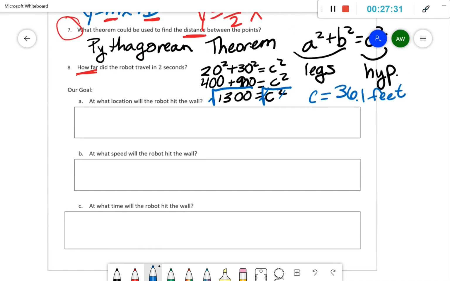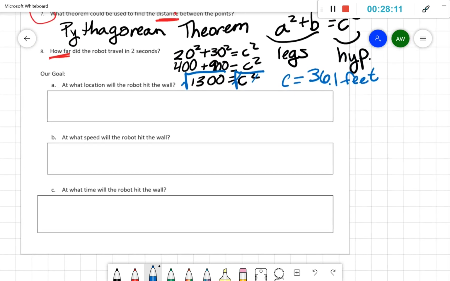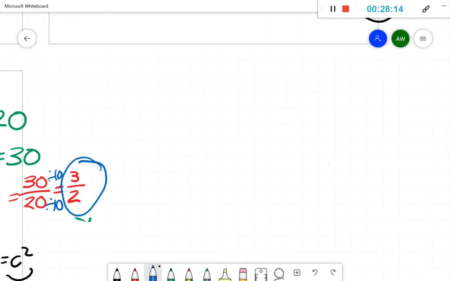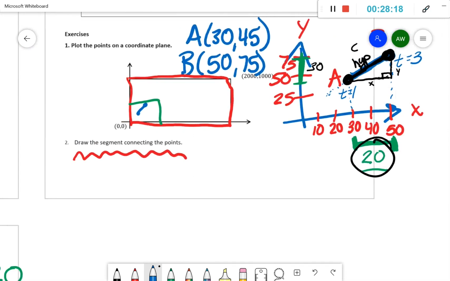Okay. So now we have these goal questions, the questions I asked us to think about at the beginning. At what location will the robot hit the wall? At what speed will the robot hit the wall? And at what time will the robot hit the wall? When we're thinking about these questions, we are going to take what we know and extend it past what we know to get more information about how this robot is moving. We're going to do that in our minds,